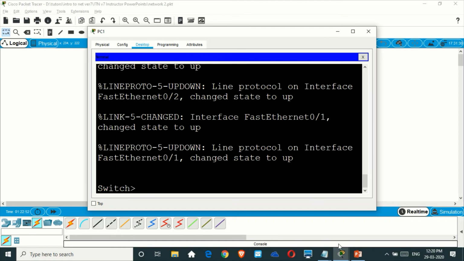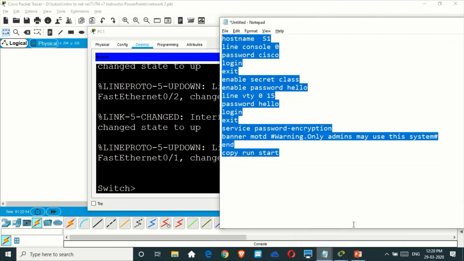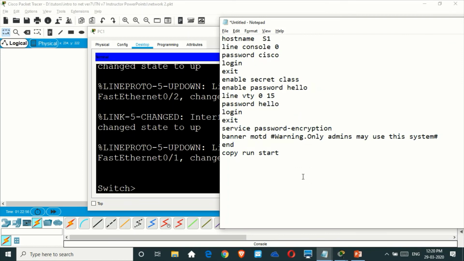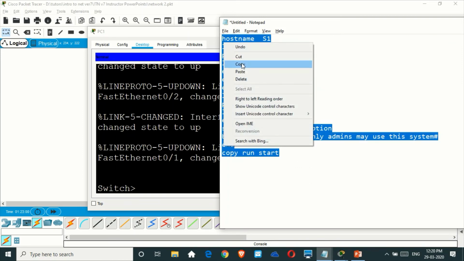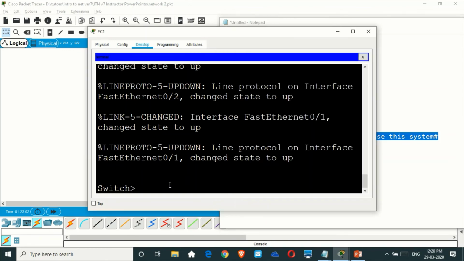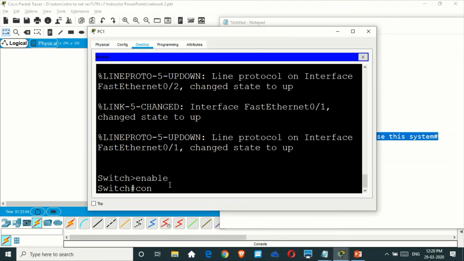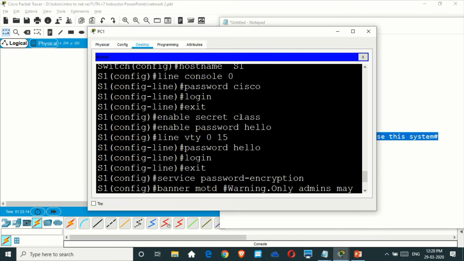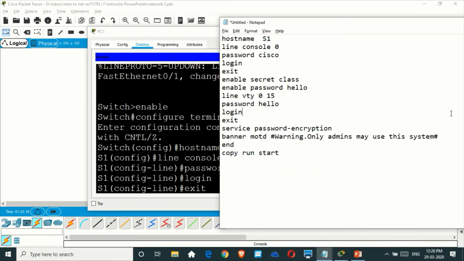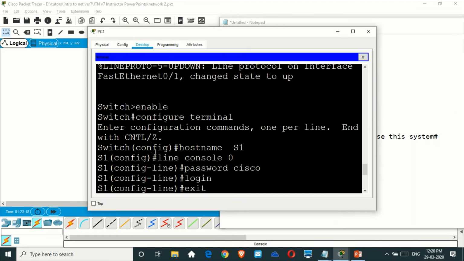I'll just check the commands here. All the commands are there. The only thing is that we need to give enable. I forgot to type enable there, so I'll just type enable. I'll use configure terminal, and then I can just right click and paste. I suppose all the commands that were copied here have been pasted here.